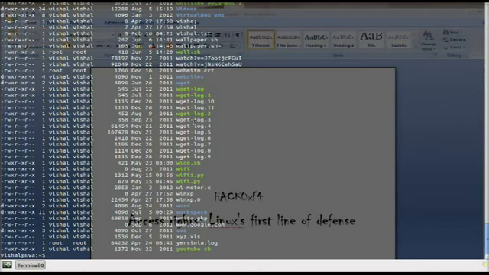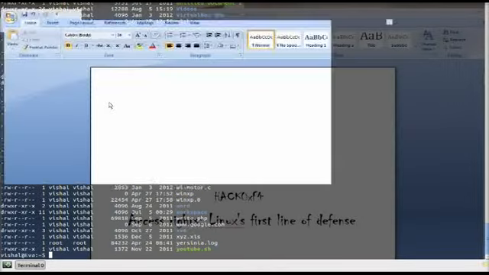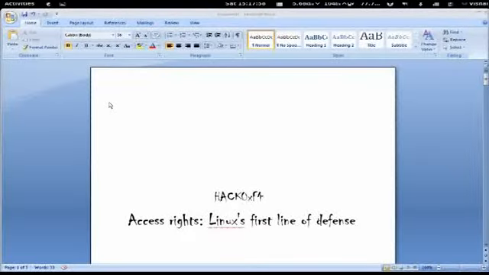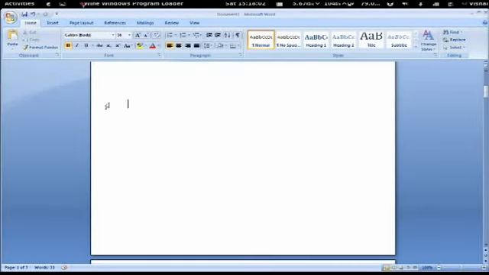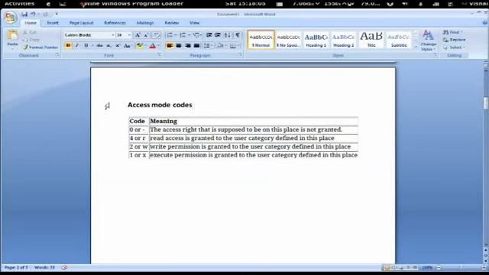Okay, first we use this command ls -l, which will list all the files in your directory. As you can see, this is a directory because it starts with a d, and it shows who owns this directory and which group this directory belongs to. And as you can see, this is a file, with a dash, which means it's a file, and it belongs to the user Vishal and the group Vishal. So that's how these permissions are implemented in the Linux system.